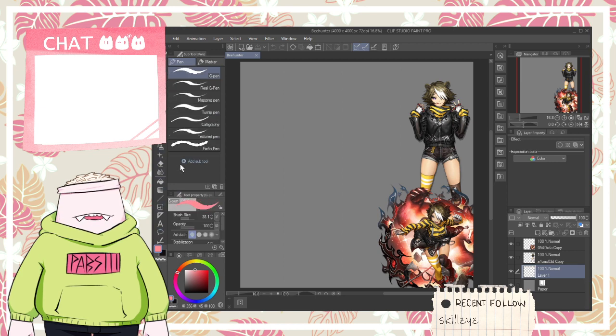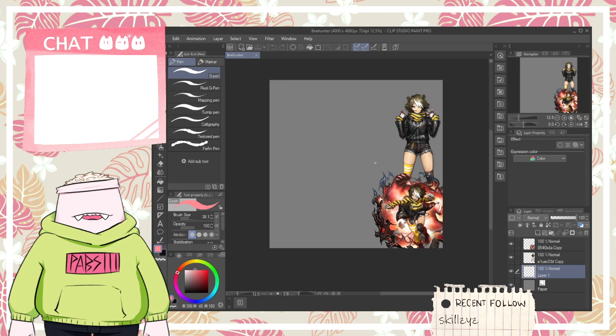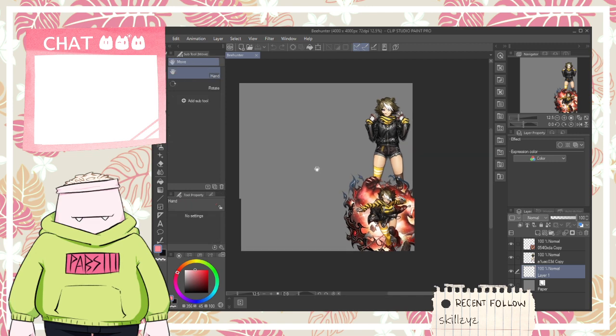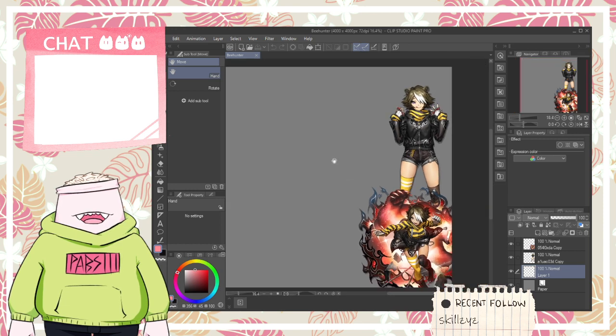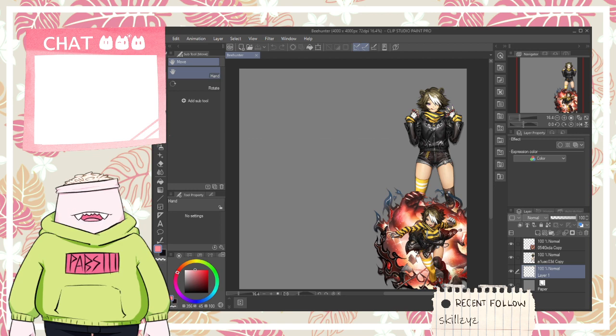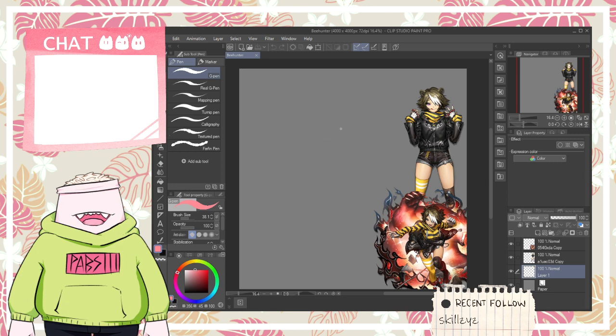I'm trying to figure out what kind of pose I want right here. While my go-to would be to make a really cool boxing pose, her whole backstory is based around boxing, and I'll get into that more while I'm drawing. I feel like I've already covered that. I've already trodden that ground with Flint with her fan art, so I don't know what I should do for this one. She seems like a very cheerful person though, so I kind of want to do something like that. Again, just very cute, very